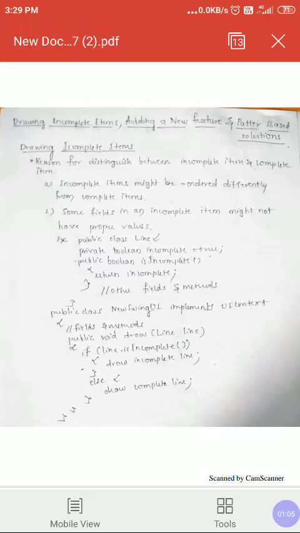You see, rendering is a process by which the view component is going to display the information from the model component. There is a difference between the complete item and the incomplete item for the rendering process. For example, for a line, after the first click, the UI could track the mouse movement and draw a line between the first click point and the mouse's current location. This line shifts as the user moves the mouse.